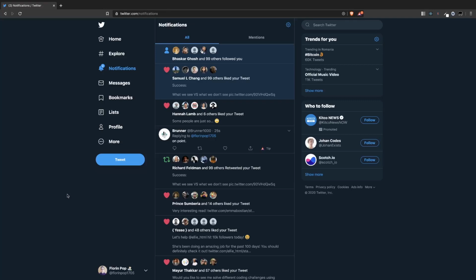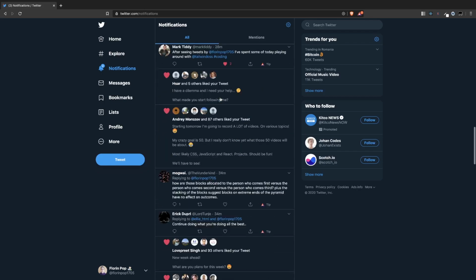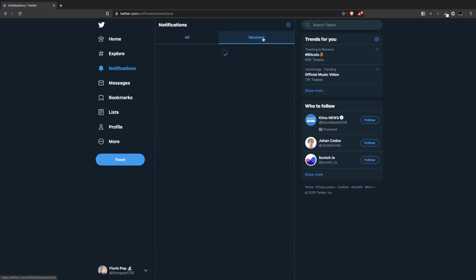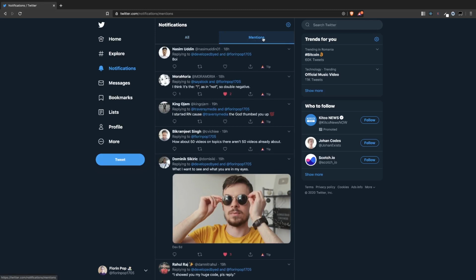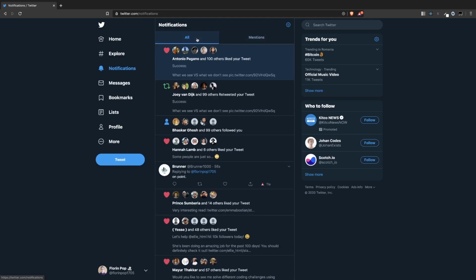One thing about Twitter that I don't like is the notification tab. Here we get all these likes, and when you have thousands and thousands of tweets, the likes pretty much take up all your notification tab. And also, they have this mentions tab, but sometimes it doesn't show all the notifications that you want. So in this short tutorial, I'm going to show you how you could check the DOM and remove with JavaScript